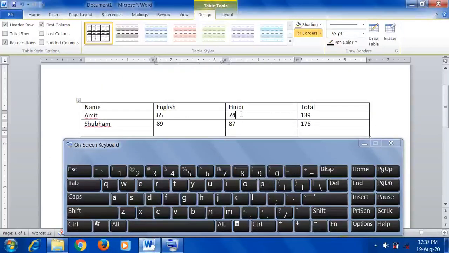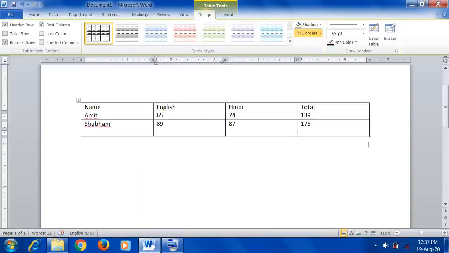See, my cursor is here. I want to take my cursor down, so in this case you use the down arrow key. See, the cursor is moving down. You can move it in the upward direction too. When I press the forward arrow key, the cursor moves to the next column, and with the backward arrow key, it moves to the previous column. In this way you can enter data in a table. I hope you have understood these points. One is converting text into a table, and the second is entering data in a table.